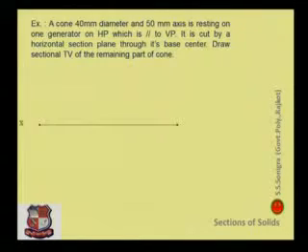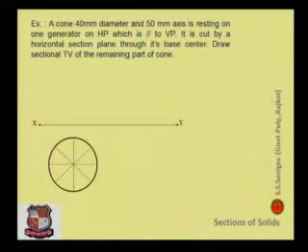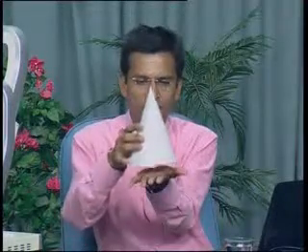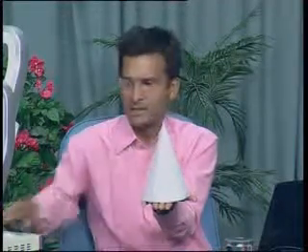Here again, first of all, draw the XY line. Now here you should take care about its first position. See, here it is given that the cone is lying on the horizontal plane, but in the first step we will assume that it is lying on its circular base on HP like this. So this is a cone, you can see here, this is a cone. Here first we assume that it is lying on the horizontal plane. Say this is the horizontal plane, you can see here, it is lying on the horizontal plane.